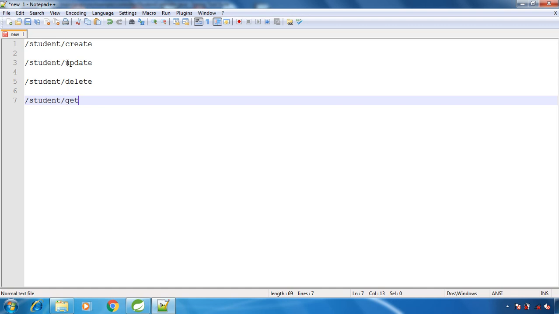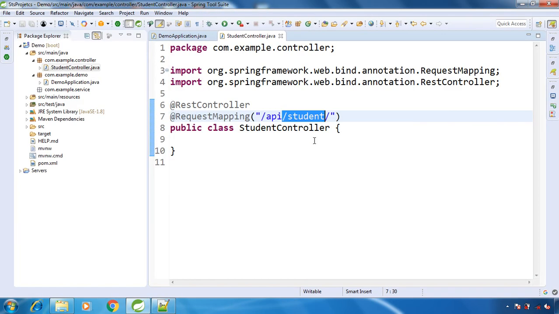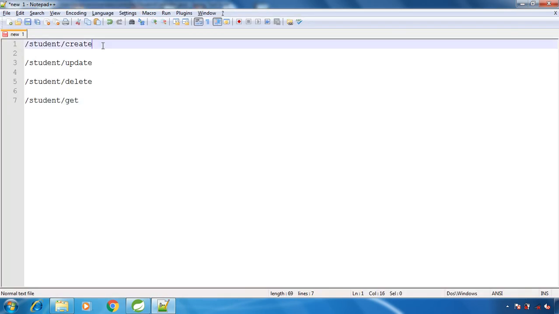If someone looks at the URI, not the complete URL, they will get the idea that this is the student API: this will create the student, this will update the student, this will delete the student, and this will get the student.